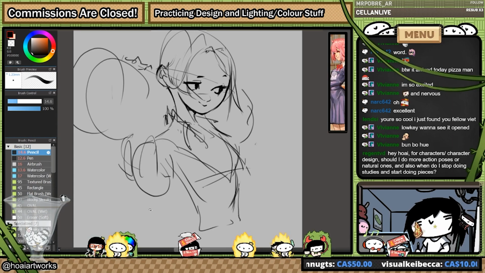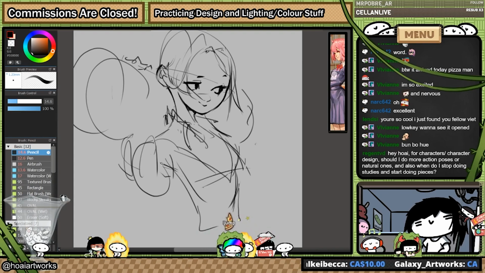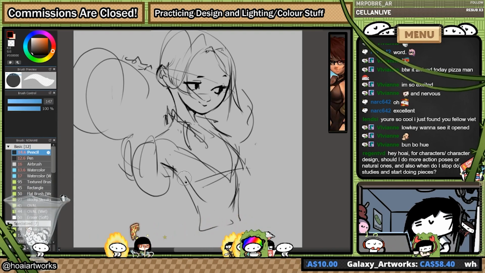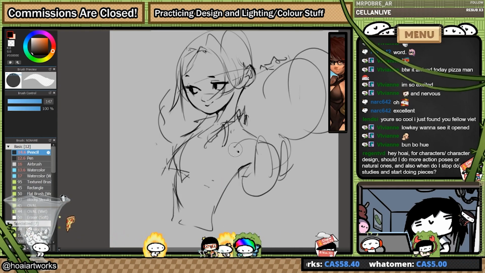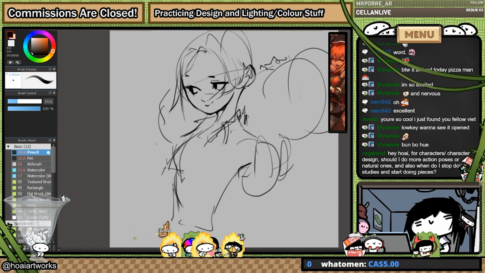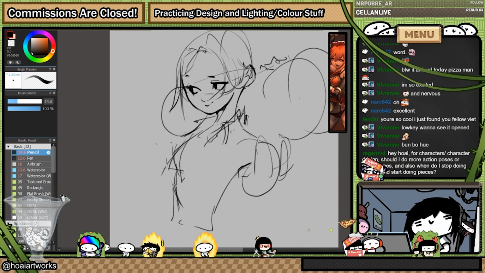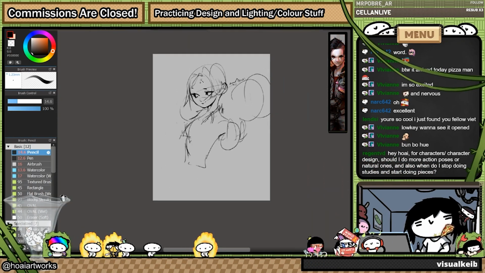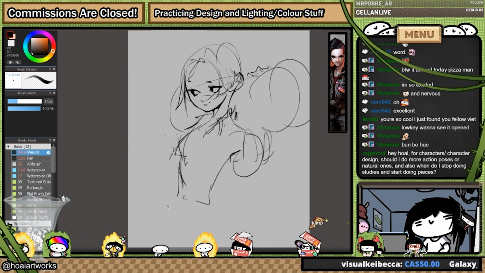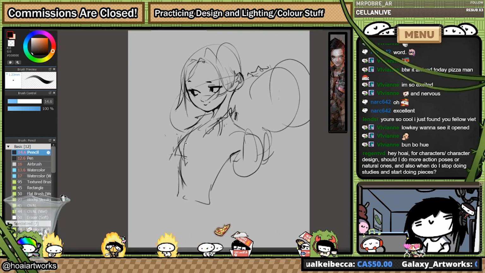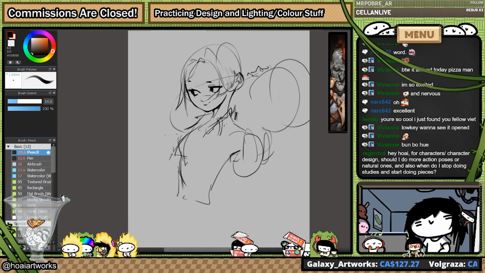When it comes to doing specific types of poses, it's really up to you, because action poses and more natural, neutral poses are going to have their own challenges and niche things that you have to pay attention to. So it's really up to you which ones you should be doing. If you're building a portfolio, then of course you want some kind of relative balance, or one that appeals more to what you plan on doing. Assuming though that you're not at that point, since I think you asked me about this recently,